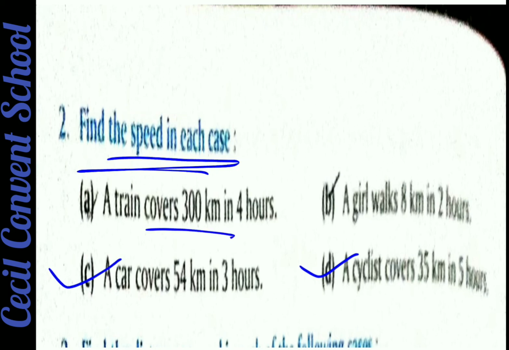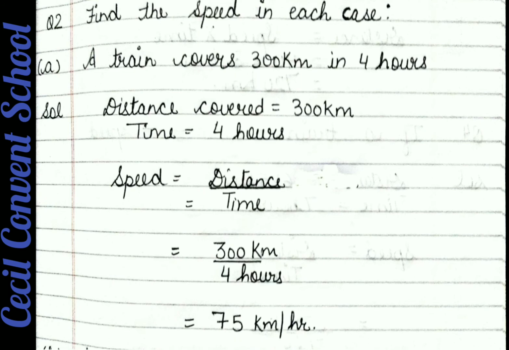Understood? So the word covered means that distance is given, and 4 hours is the time. So its unit will be what? Kilometer per hour, because kilometer is on top and hour is down. Per means down, the line is called per. Clear? So kilometer per hour will be written. So see how we do. A train covers, you have to write as it is, as I am showing you in your maths copy. Distance covered is equal to 300 kilometer. Time is 4 hours. Now the speed formula, distance upon time, 300 by 4. When, students, you divide 300 by 4, the answer will come 75, and the units will be kilometer, and this line will be a per line. We call it per hour, and you can write hours in shortcut also.